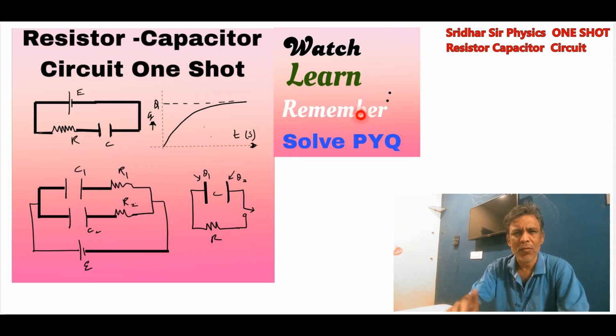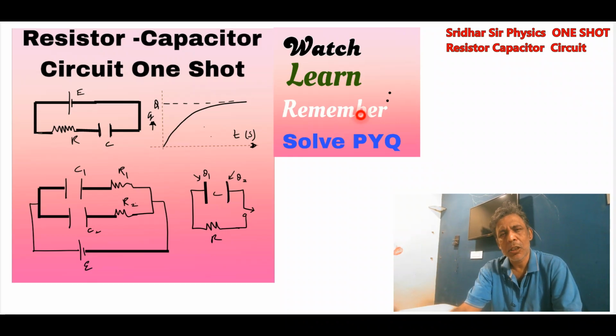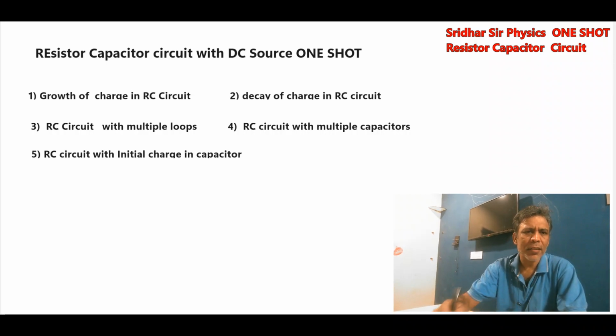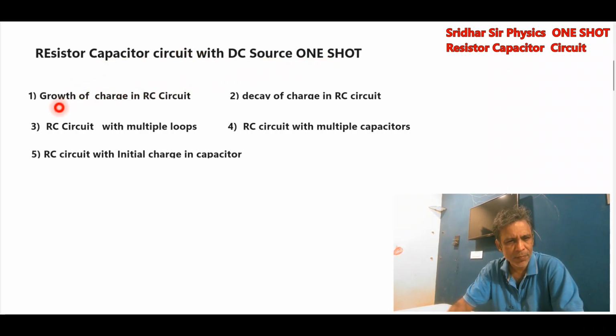Now, what are the topics that are very important in this particular subtopic, RC circuit? Resistor capacitor with a DC source one shot. Growth of charge in RC circuit. Then decay of charge in RC circuit. How the charge across the capacitor increases and decreases. Then RC circuit with multiple loops, where we will be using KVL. Then RC circuit with multiple capacitor problems. Then RC circuit with initial charge in capacitors. And next,